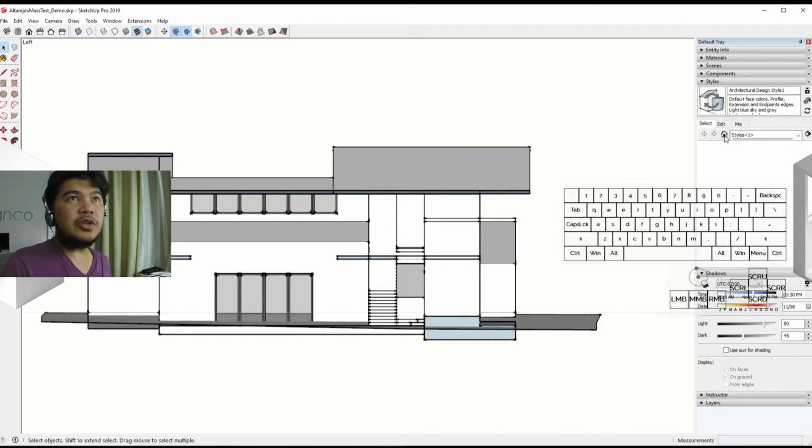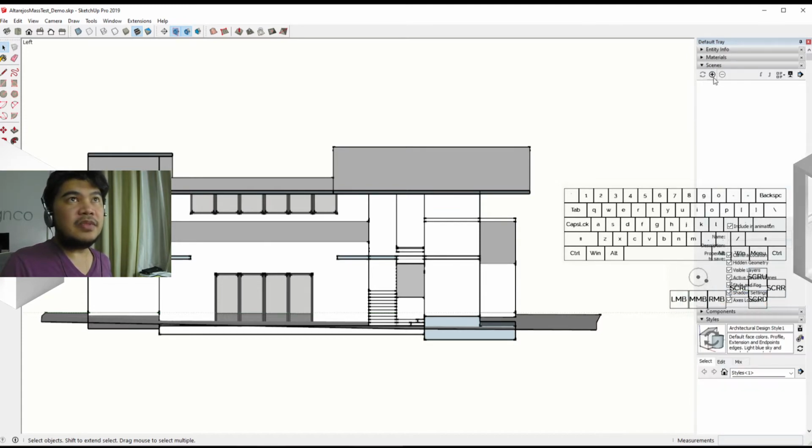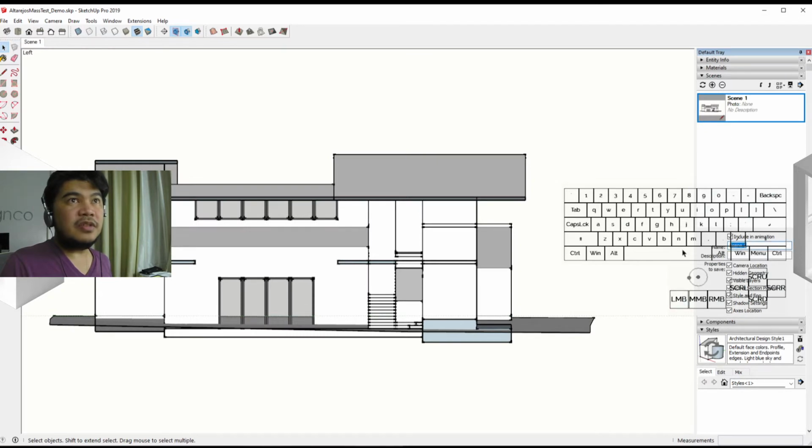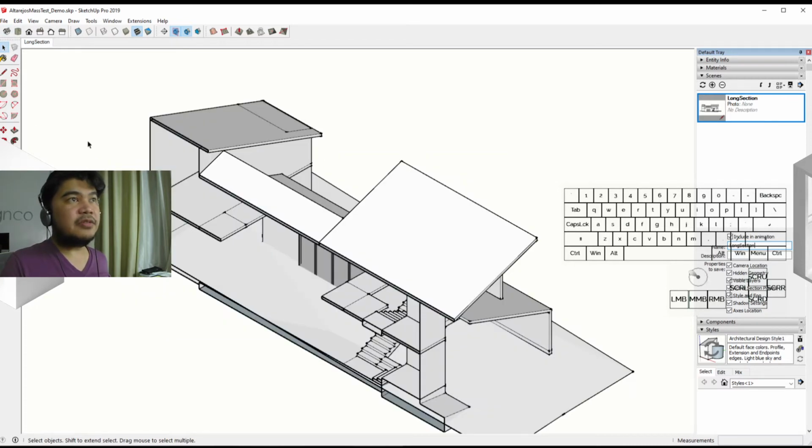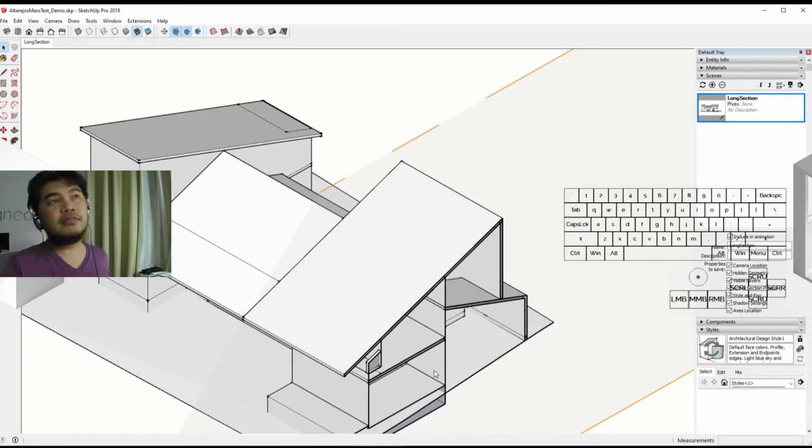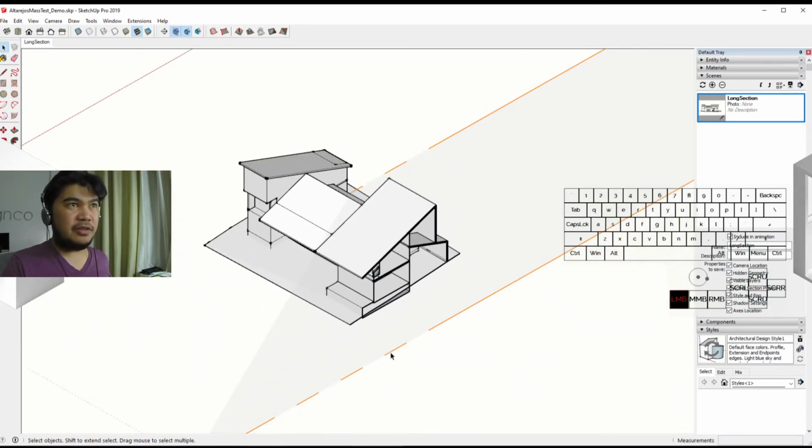What you would want to do if you want to use something like this is you need to create a scene that says longitudinal section. Let's call it long section. And then let's create another one, a cross section, by going back, making the section run this way,